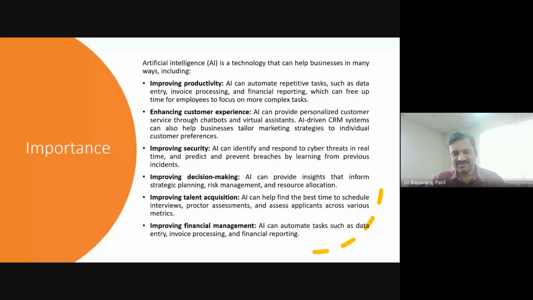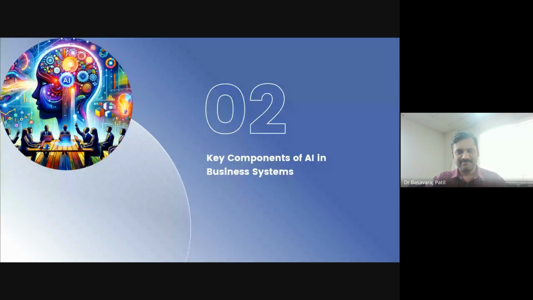And the last but not the least important parameter is financial management. We cannot barely believe the computers, but they are making things automated so that the data is analyzed and the financial issues are evaluated based on the statistics and the requirements. So, with consideration of these fundamentals and an understanding of the importance of AI in business, what are the key components of AI? Why are they required, and how can we utilize them for evolution?